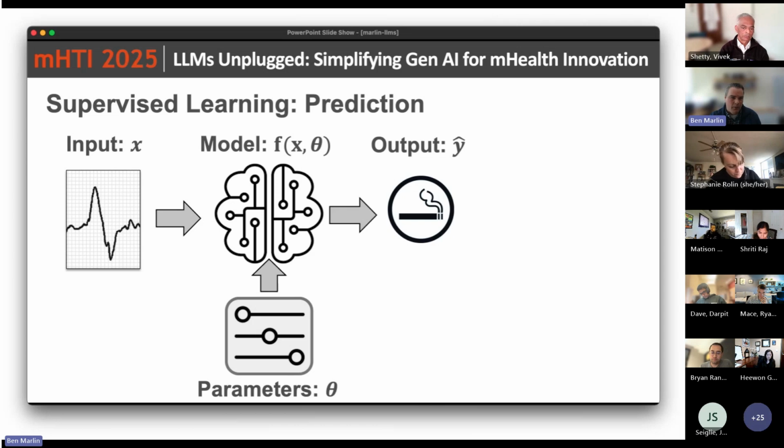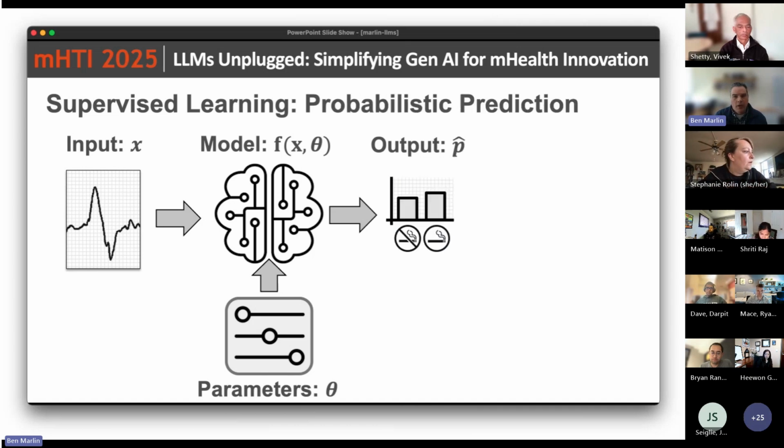The way we get access to different specific functions is to set the parameters of the model to different values. Okay? And again, the task we're trying to perform here is this prediction task. When we're looking at applying models like this, especially in the healthcare setting, often we don't actually want the most likely predictions. If we're trying to do something like assess risk, it can be more useful to have access to